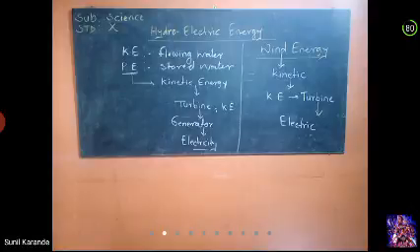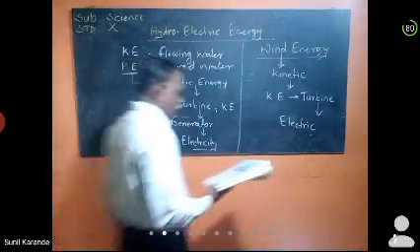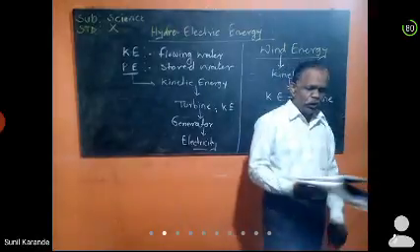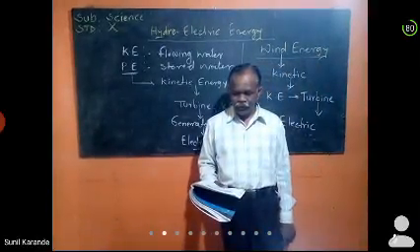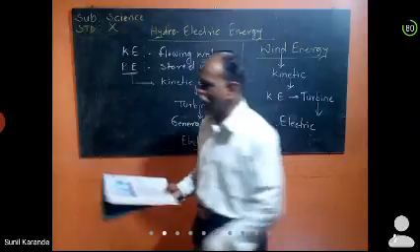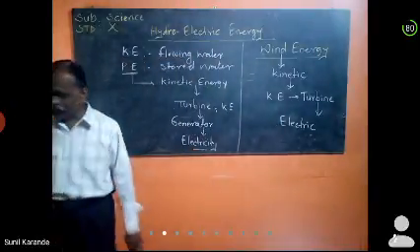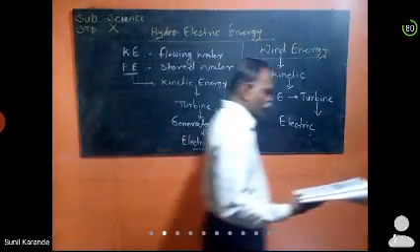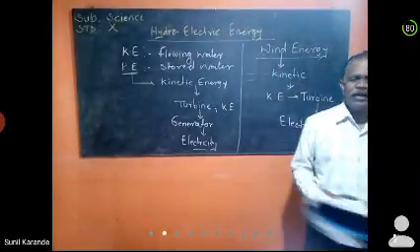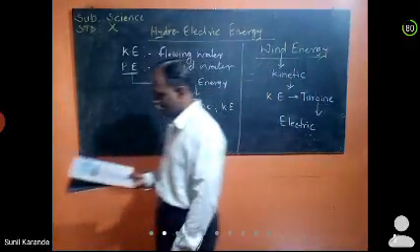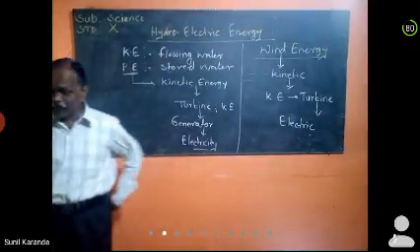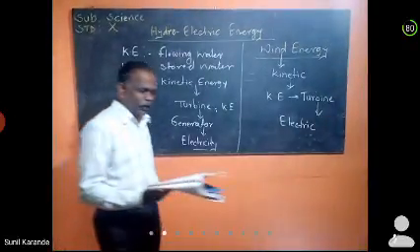If you are not using a generator, if you are not using electromagnetic induction, which principle can be used? See, the solar photovoltaic cell converts solar energy directly into electrical energy. Under this last line, the first method is using a solar photovoltaic cell, which converts solar energy directly into electrical energy.